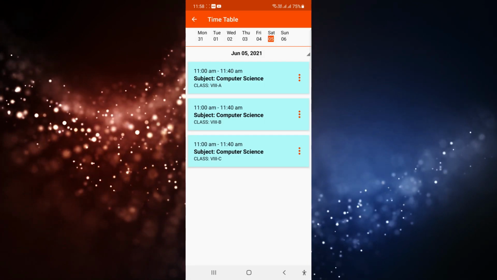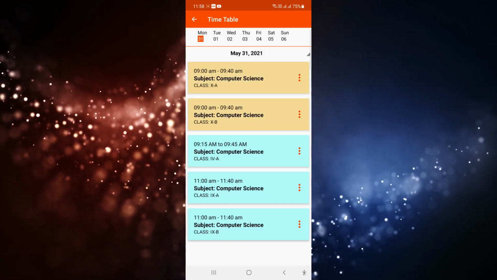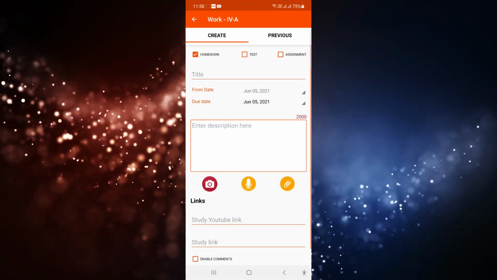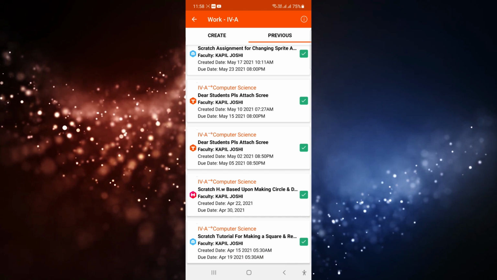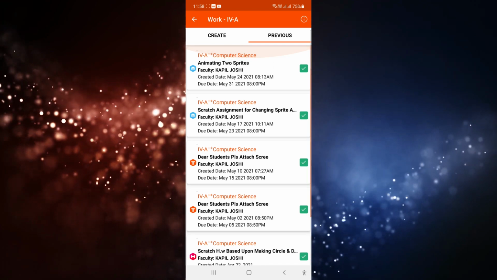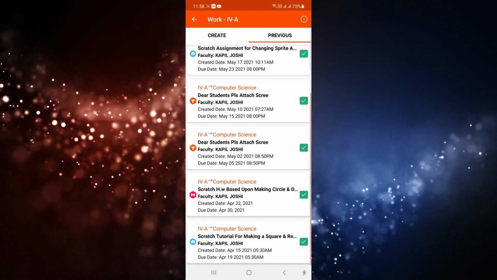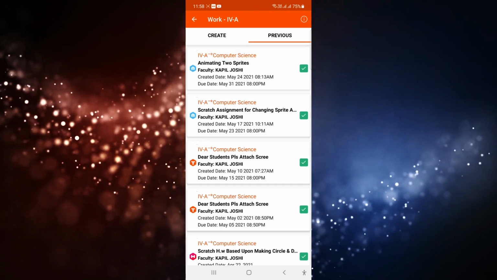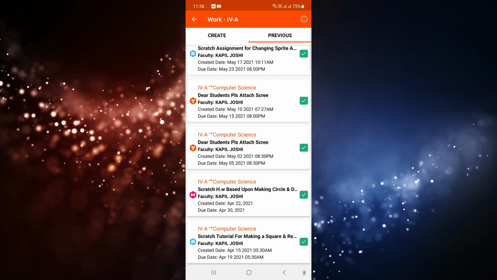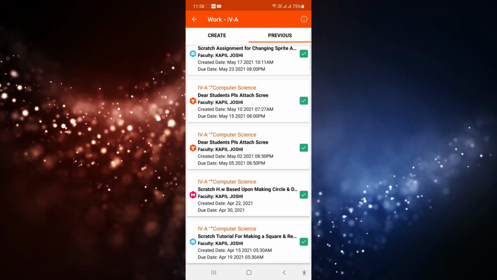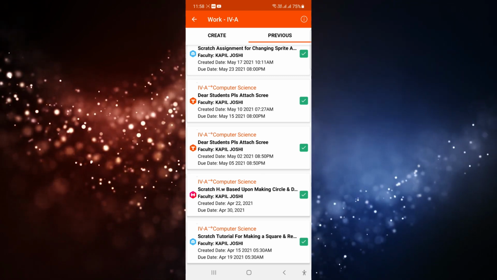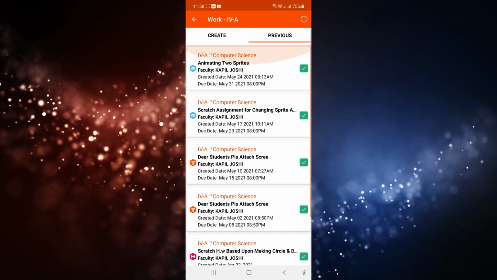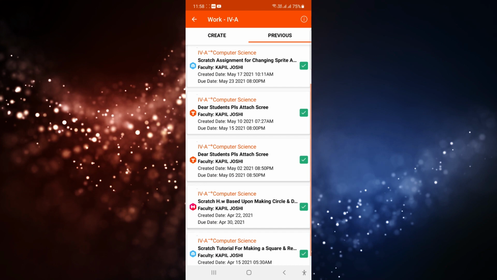Like for other classes, suppose here plenty of homework or plenty of assignments have been given, 1 2 3 4 5 6. So earlier I was maintaining a separate Excel sheet just to collect the details of each and every student, how many times that particular student has been submitting the homework or assignment to me. But now it's very easy.